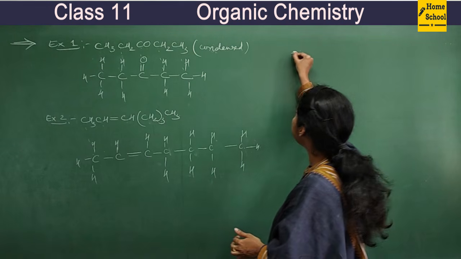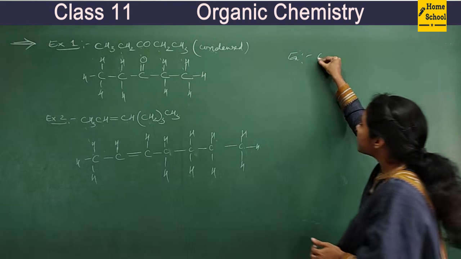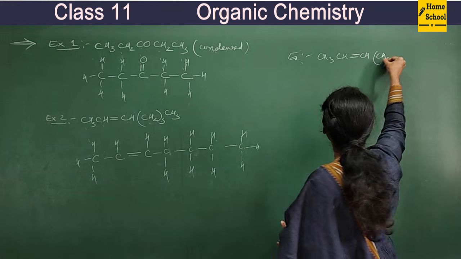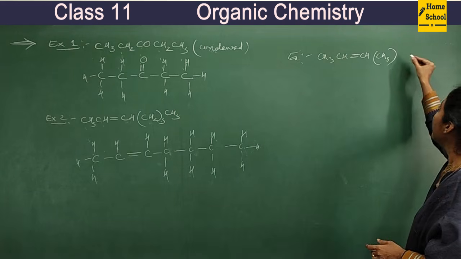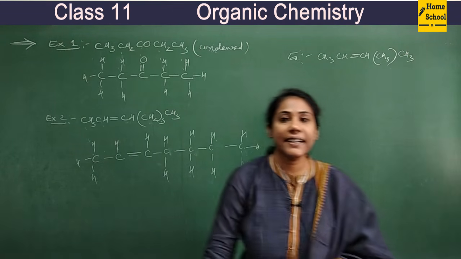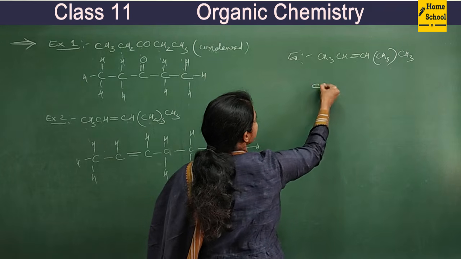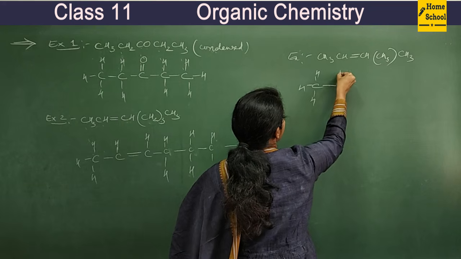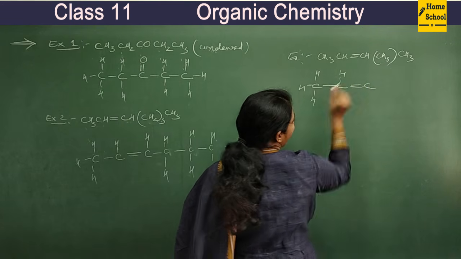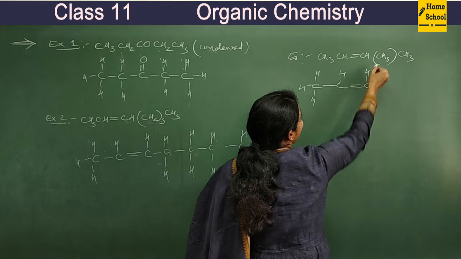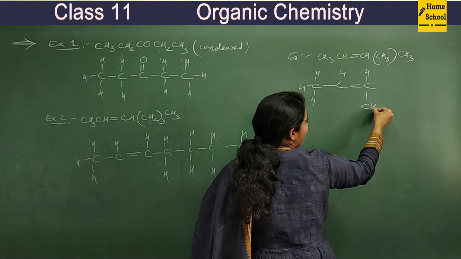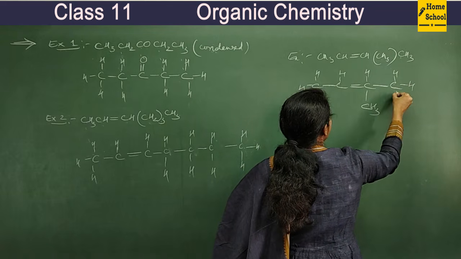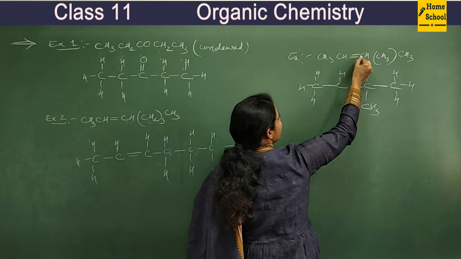Okay. Say for example, the same thing I will change. CH3, CH, double bond, CH, I'll take it as CH3. Okay, 1 CH3 only I'll take. Then how do you write its structural formula? C, 3 hydrogens, this carbon. Then the second carbon, CH, between the second and third carbon you have a double bond. So 1 hydrogen. And now this CH3 is there as a branch. So it is attached to this carbon, which in turn has 3 hydrogens.